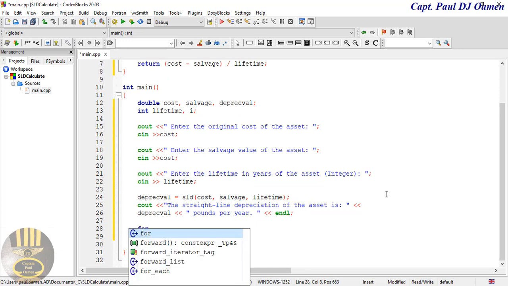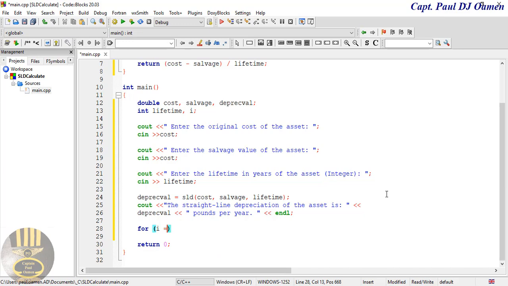So I'm going to say for i equals 1, i is less than lifetime plus 1 semicolon i plus plus. Okay, now let's enter curly braces here, and in here let the system then output